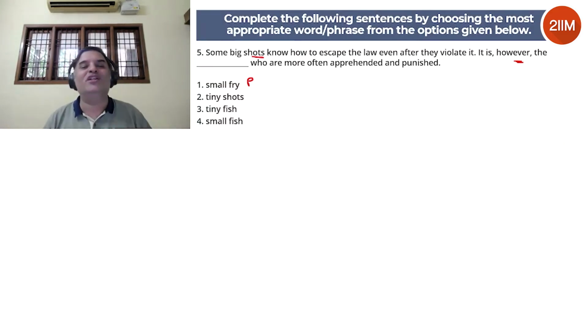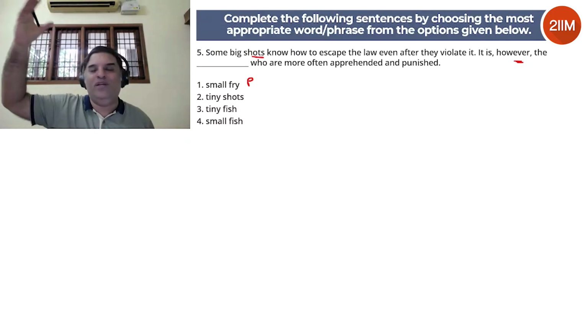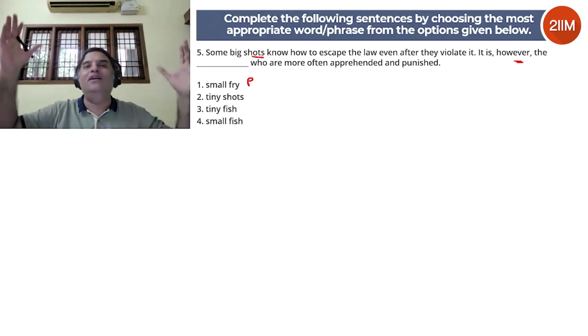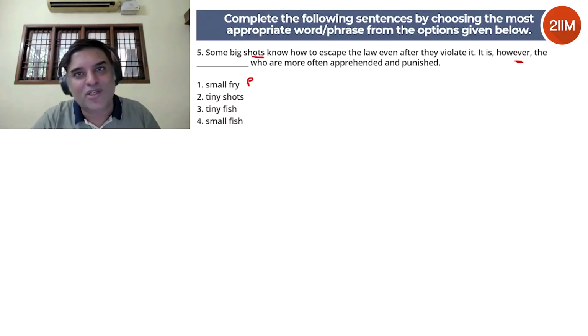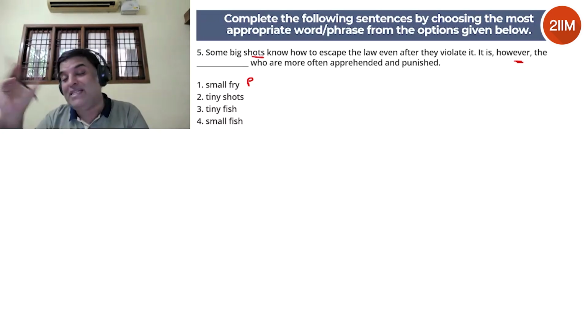People who are not influential, the common man, right? Who are more often punished because they don't have the resources, they don't have the network, they don't have the ability to sort of run away from the law. Like, I mean, rich people have all the resources. Mallya just ran away to another country, now is settled down in London, and rumor has it he has like mansions in London. Mallya could afford it because he has a lot of money, he was a big guy. Probably us can't do it, right? So small fry is a valid phrase, although it might seem unusual, it fits here.